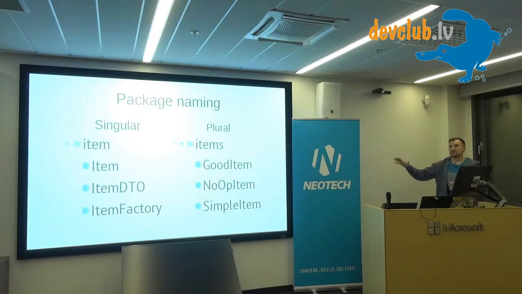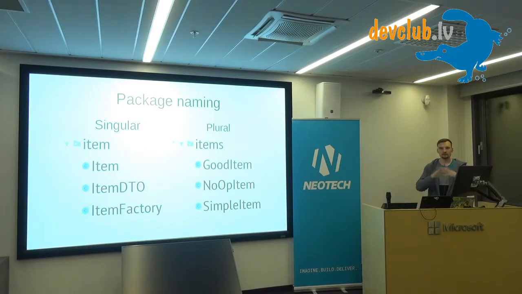At first, when I started programming, I would never understand when to use singular and plural. And at some point, I just got the answer. People sometimes still ask, so I decided to include this slide because it seems pretty obvious, but if someone is still struggling, maybe this will help. So basically, you use singular when you have one domain entity and related stuff.